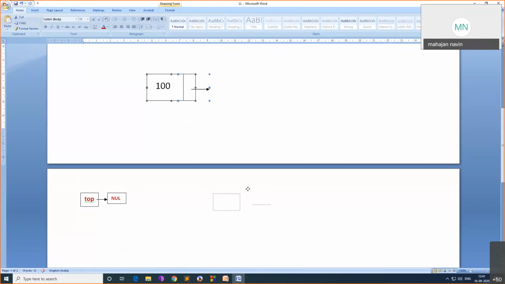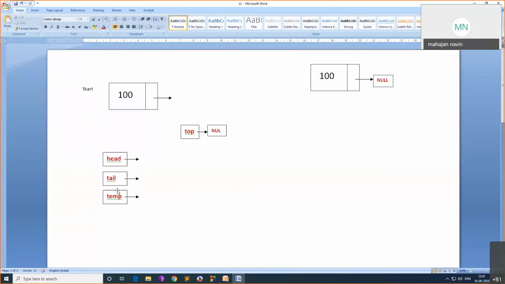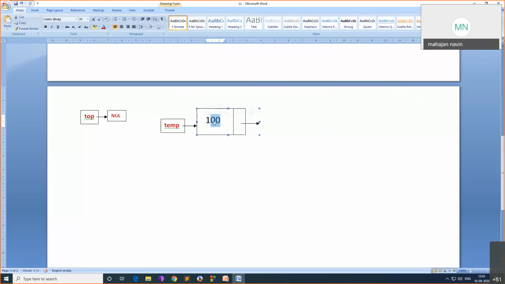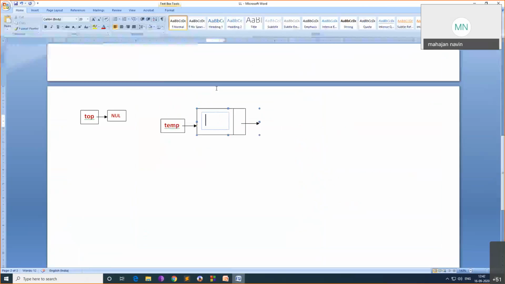A new node is created and it is assigned to temp. This command, what does it say? Node malloc size of node, those many memory locations are reserved and assigned to temp. Now temp is pointing to some node. It is empty. Node is of type what? Data and pointer to next node.